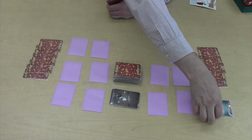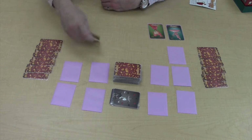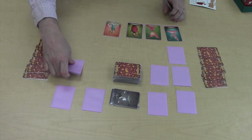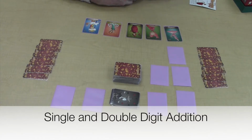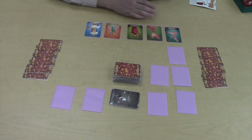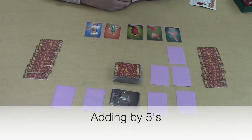And finally, at game end, when one player has, say, 4, we'll go with 5 queens, doing the addition, we're getting into larger numbers. So 15 plus 20 plus 10 plus 5 plus 5. Now all the queens are in groups of 5, so we could have counting by 5s to help us,